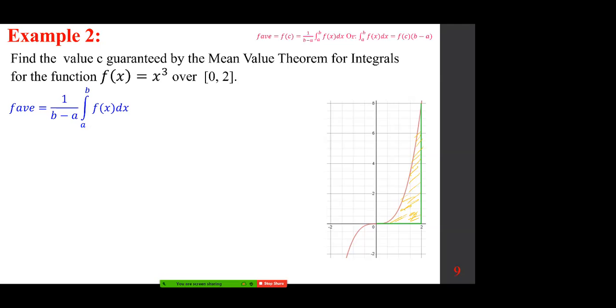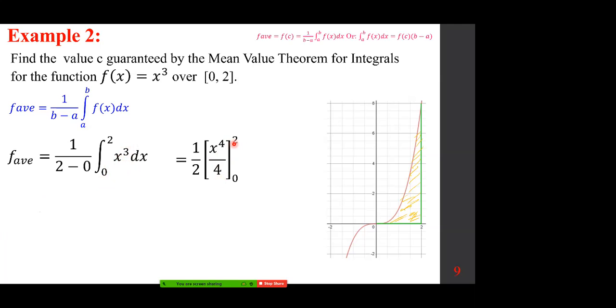So we want to find the average. We are going to take the integral and divide it by b minus a. This one gives you 1/4 x to the power of 4. So 1/2 times 1/4 x to the power of 4. Plug in 2: 2 to the power of 4 is 16. 16 divided by 4 is 4. This is 4 times 1/2, which gives you 2, which means